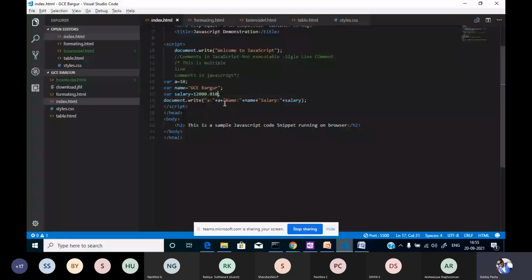Again, if we want, we can use escape sequences, that is \n for a new line. Here also I'm using the escape sequence \n, and here also you can use the escape sequence \n.